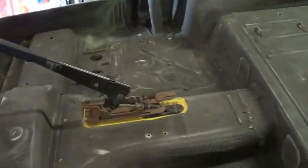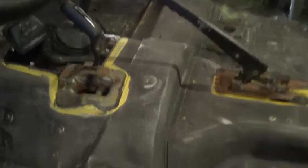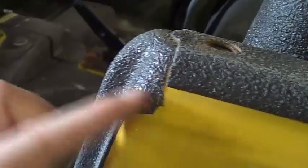Then once I'm done with that, I'm going to let that dry. I'm going to leave that. Then I'm going to take the tape. Actually, I'll probably leave the tape on. Yeah, I was thinking I'd take the tape off, but that wouldn't make any sense. So I'll leave the tape on. I'll let that dry. And then I'm going to come at it with the Rhino Liner. So while I'm letting that dry, I'll tape off the side here so nothing will go here. There are also some areas here, like I want to connect this, because this just looks...